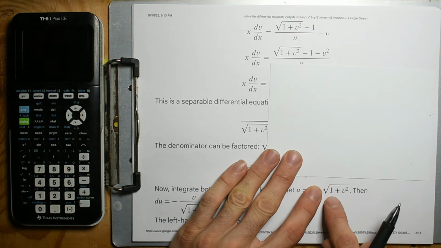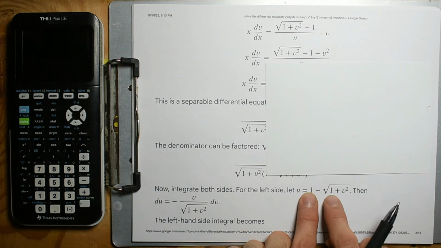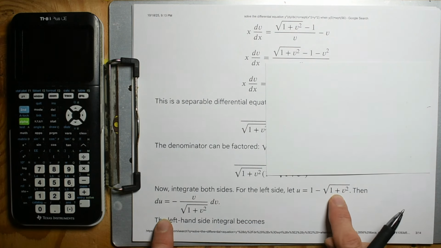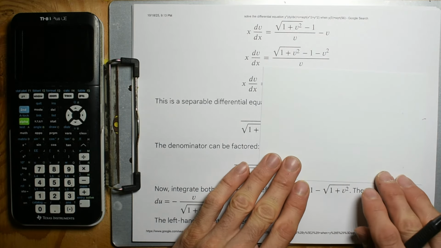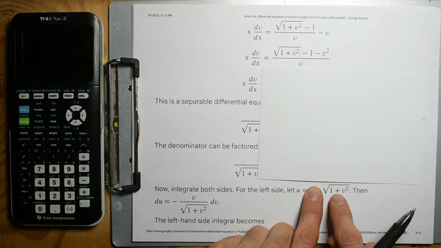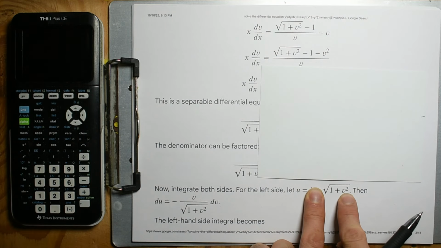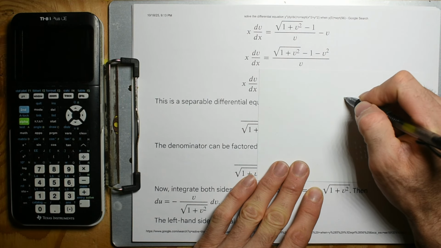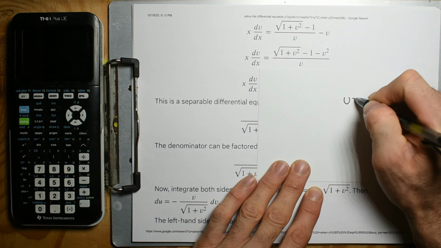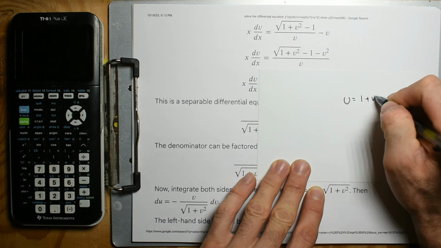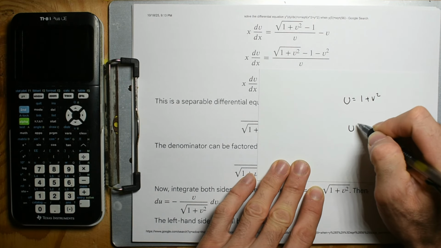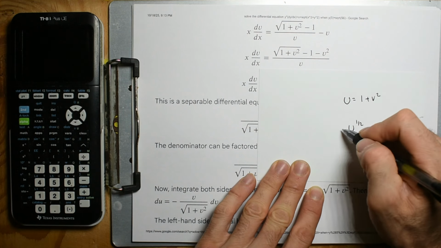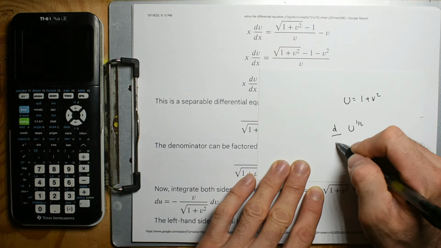Yeah, so if we're taking the derivative of this, du dv, you would use u substitution again. So the derivative of this with respect to v, du dv, is going to be, well, let's just say this is u substitution. So u is going to be 1 plus v squared. So then I'm going to have u to the 1/2, and I'm going to take the derivative with respect to,